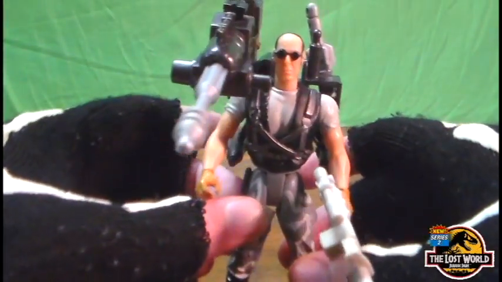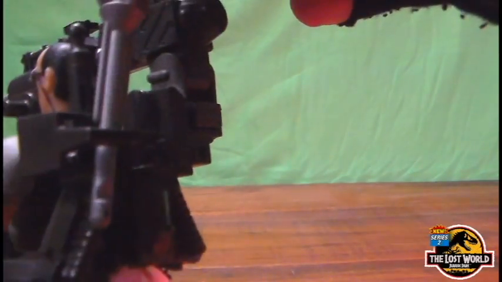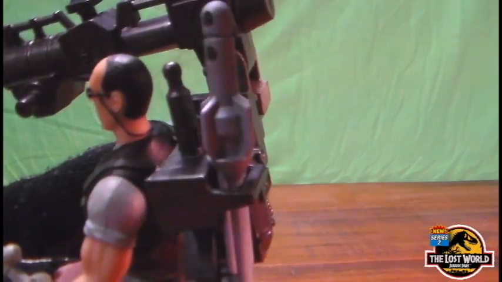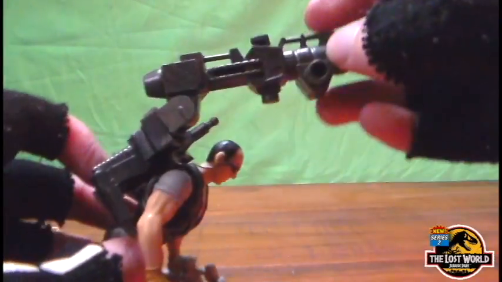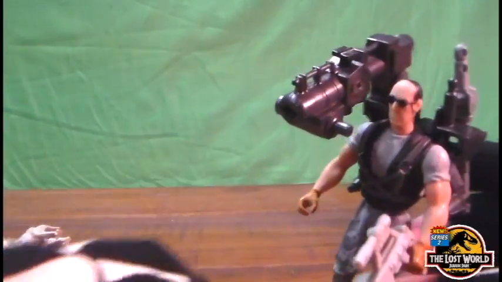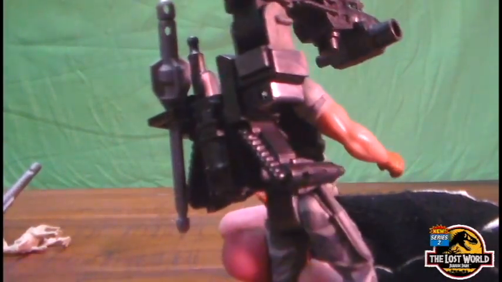And here's AJ himself with his rocket launching backpack. It's got spots here in the back so you can hold the missiles he's not using, so you can take them out and put them in down there. His backpack piece here, the rocket can swivel upwards and down, so really nice. A ridiculously huge backpack though. I would not want to be on an island of dinosaurs trying to run away with a huge backpack